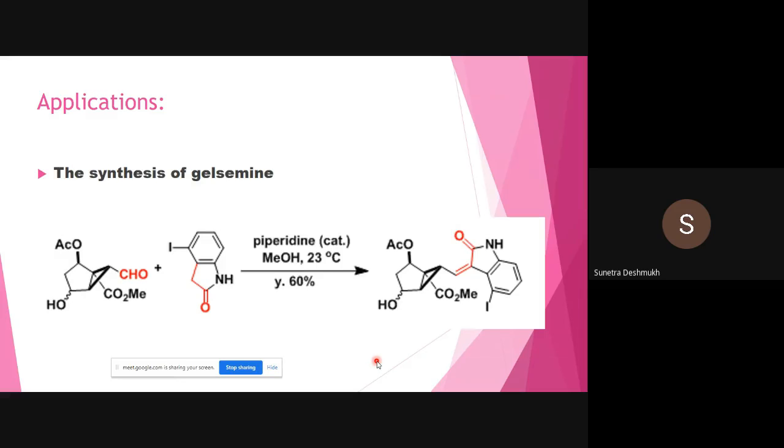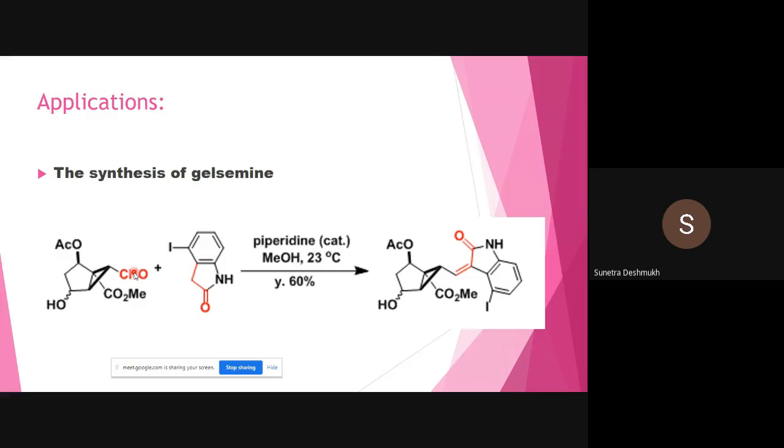So what are the applications of the Knoevenagel condensation? Here is the synthesis of gelsemine. Please go through what gelsemine is and where we have to use that one. But here we do apply the Knoevenagel condensation. In red color I have shown here